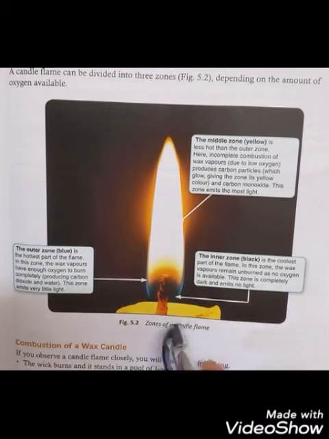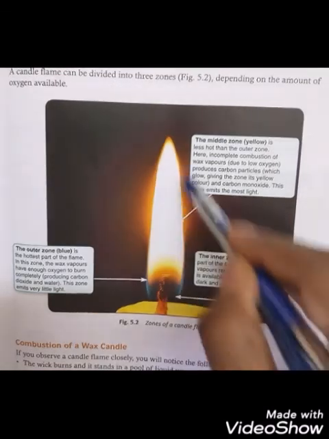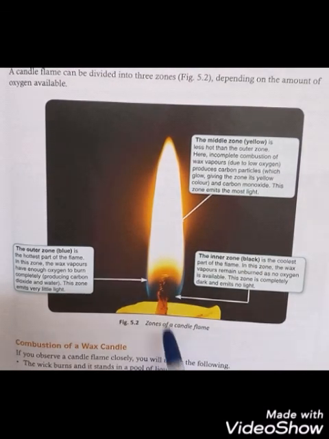So here is the liquid wax which is melted. If you light a candle and see it at home, you can see the molten wax trapped inside the cup of the solid wax. The candle is made up of wax, and so this molten wax is there in the cup of the solid wax. But the wax never catches fire. Either the liquid or the solid wax will never catch fire. What can we see burning? The wick of the candle is burning, which is made up of a cotton thread.